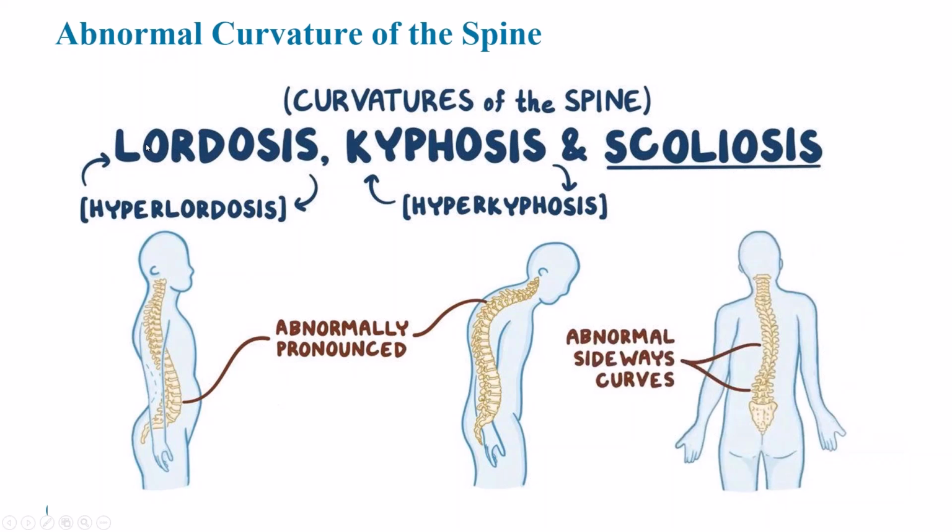Whereas when we see the hyperlordosis or lordosis, what we see is this area down here in the lumbar region, where the lumbar area pushes out. And the reason for that is the hips need to be pushed out a little bit more to become in a vertical concept to hold the head and the thorax in line with that. Most individuals that we see that suffer from lordosis, and it is a transient issue, are females who are pregnant, especially late second and third trimester, because the child's weight is bulging out here,